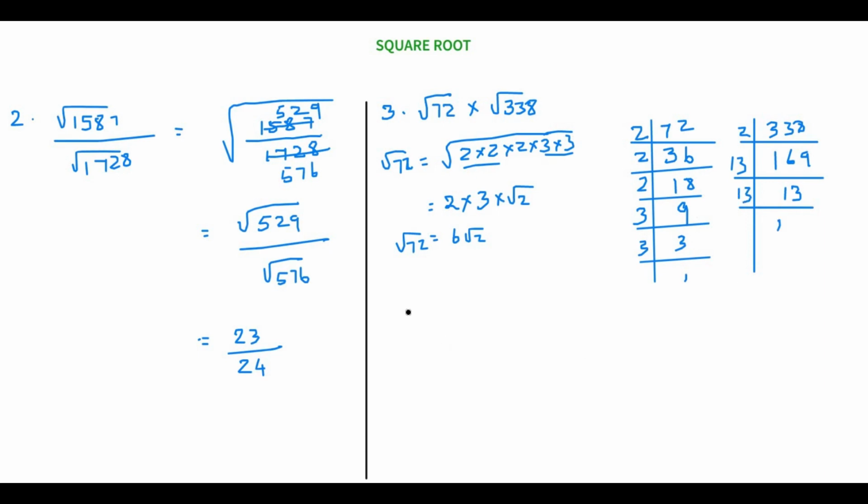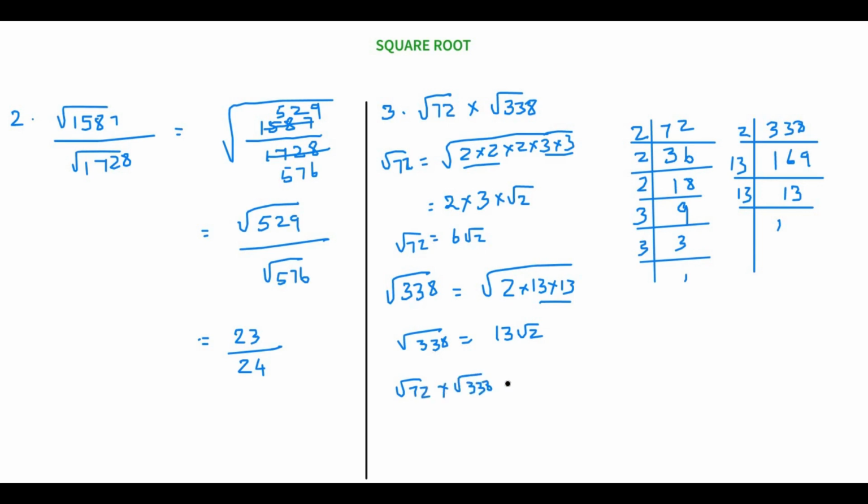So 1. Now the square root of 338 can be written as the square root of 2 times 13 times 13. So instead of 2 13s, I will take 1 13 outside. So we have got 13 root 2. Root 338 can be written as 13 root 2. So now since we have a multiplication sign, root 72 times root 338, we can write this